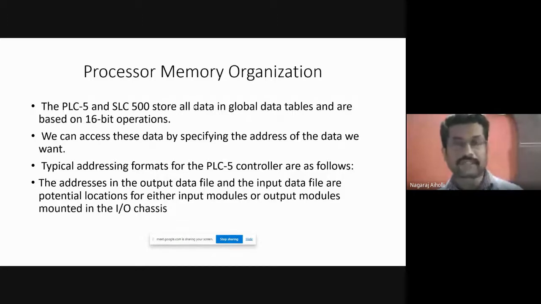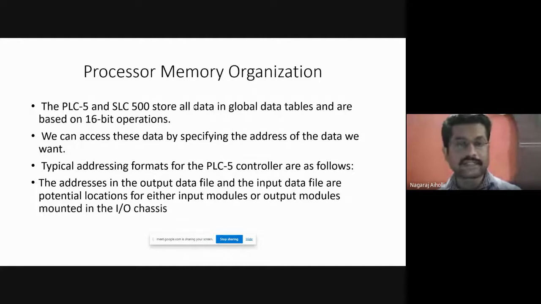Input image table for input device and output image table for the output device. Right? We can access this data by specifying the address. Of course, if we know the memory location of the data stored in the data table or the image table, then we'll be able to read or write that information.